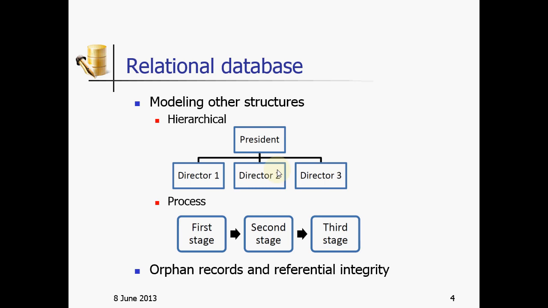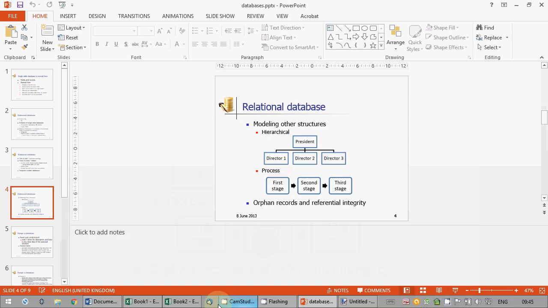It's much better, if you want to build a database for a hierarchical structure, to have a table containing people, all the people details, with one field with a role, or even better,